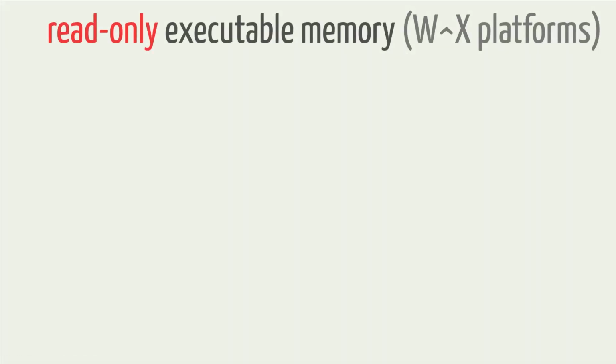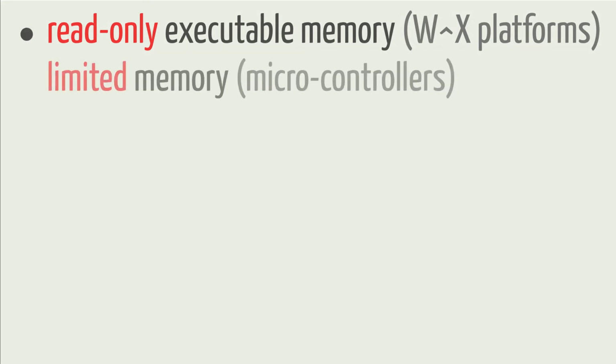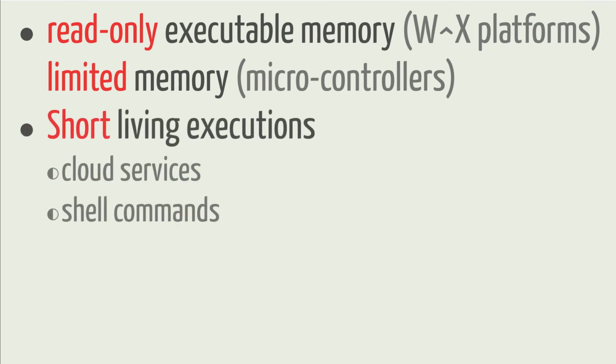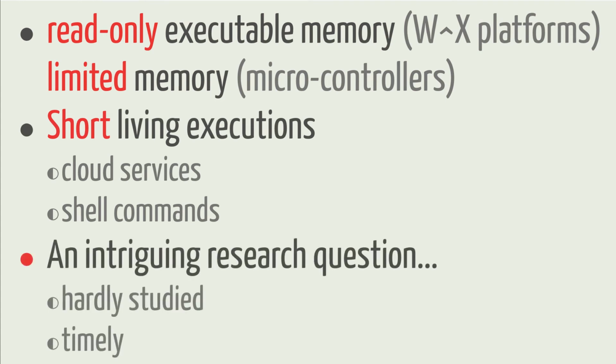There are actually several motivations, incentives, and reasons. First, hardware constraints that prevent us from using JIT compilation. Second, brief executions for which JIT is probably not beneficial. Third, because this is an intriguing research question. Is it possible to build fast JavaScript ahead-of-time compilers? How fast can they be?